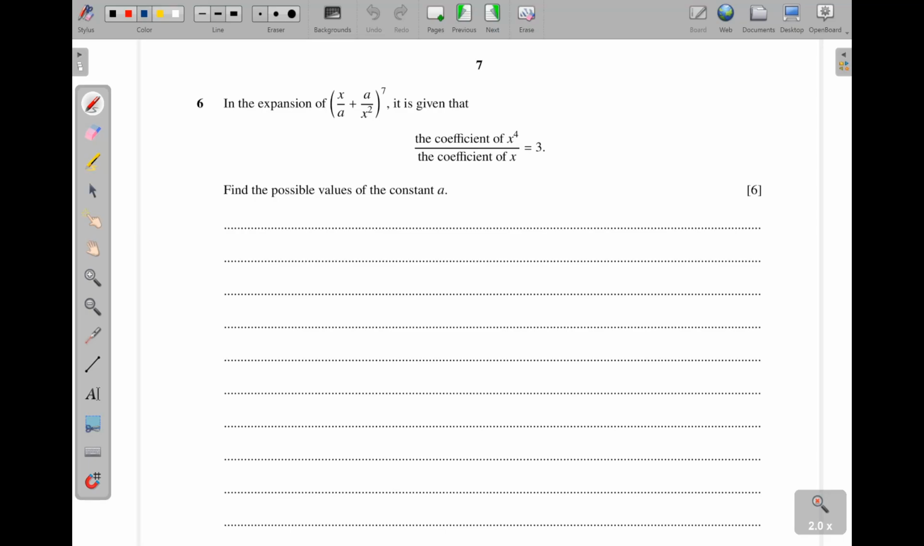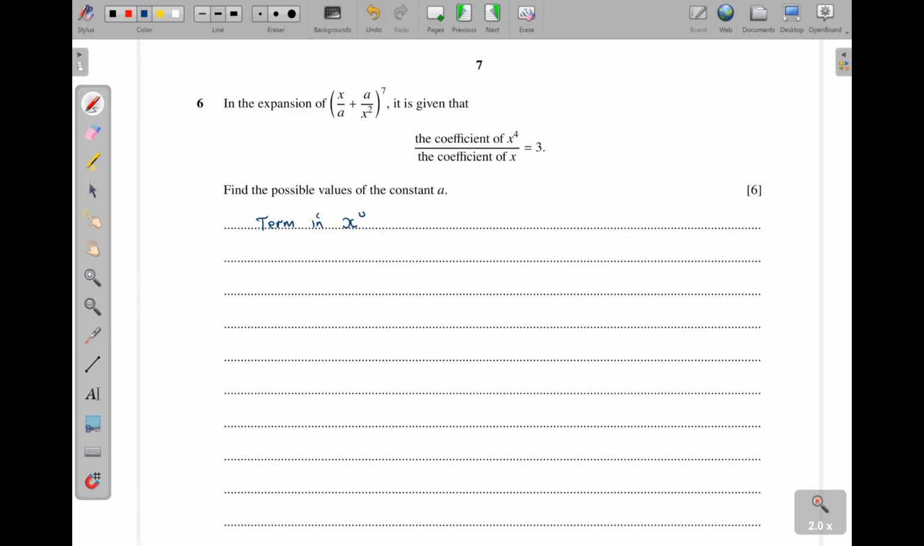Question 6 is coming from binomial expansions. In the expansion of this one here, it is given that the coefficient of x^4 divided by the coefficient of x is equal to 3. Find the possible values of the constant a. Now, we need to find the term